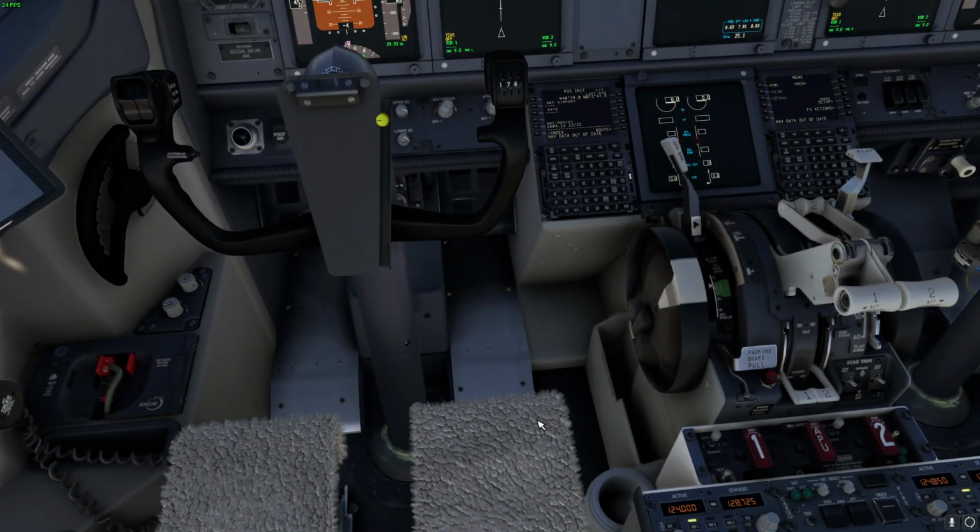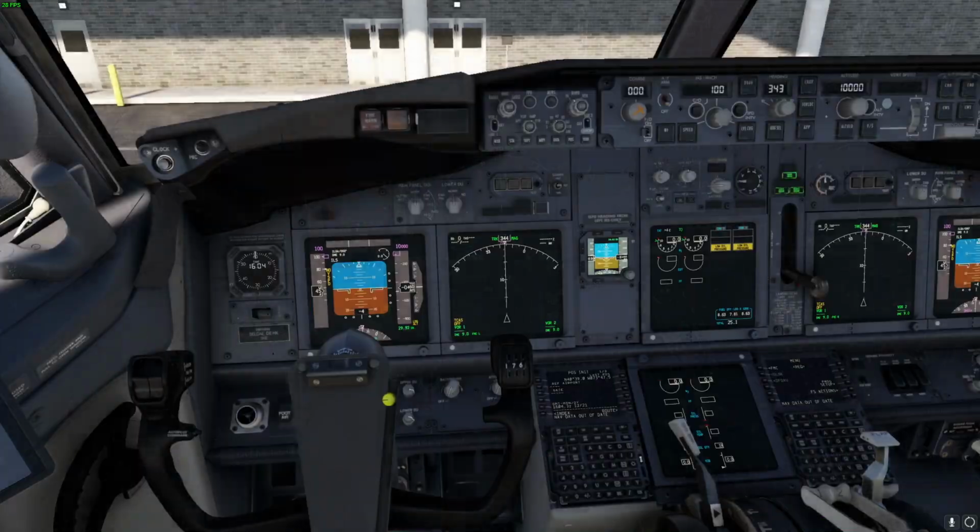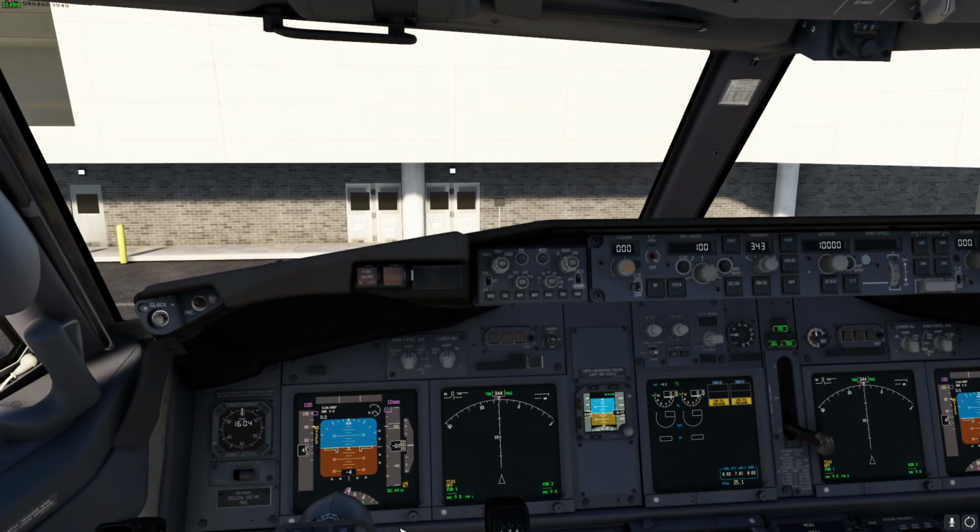Okay, so information we got from that is that we've got information Romeo, we got our winds, our clouds, our current altimeter setting, which is also 3044. So if I press B, it should also reset it to that. And also the departure runway, which is 04 left. So we've got the ATIS now.